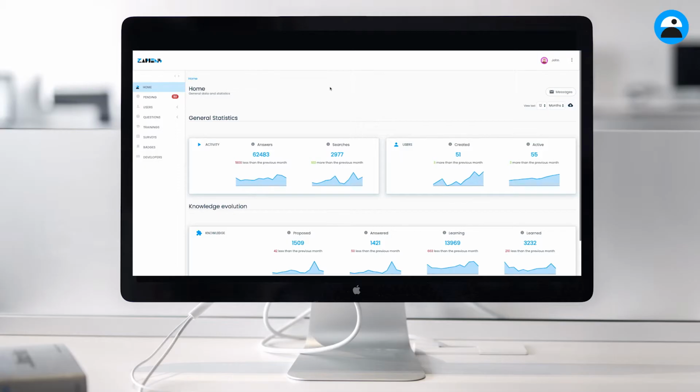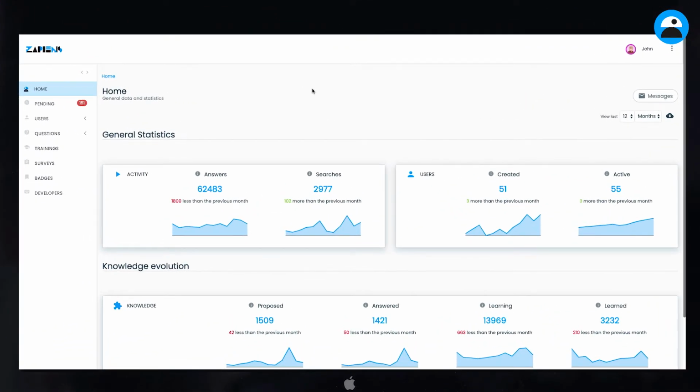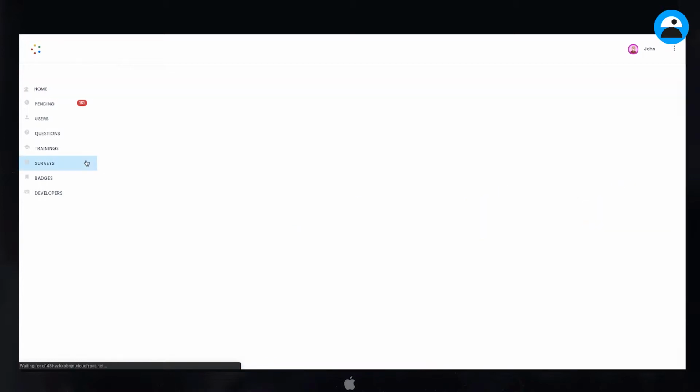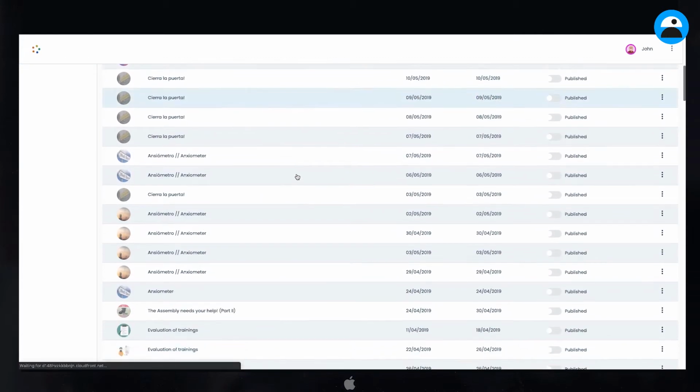The surveys appear to the users of your organization in the Zapiens app and allow you to gather information on any topic you raise. You can create surveys with open-ended questions where users can write a response, or questions with closed-ended answers. To access this tool from anywhere in the administration area, you must click on the sixth option in the side menu. Once you have loaded the page, you will be able to see all the surveys that have